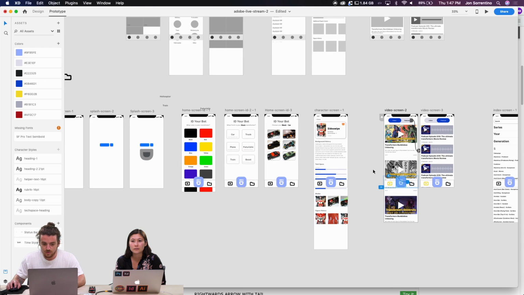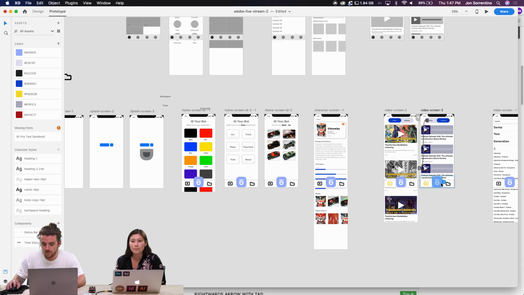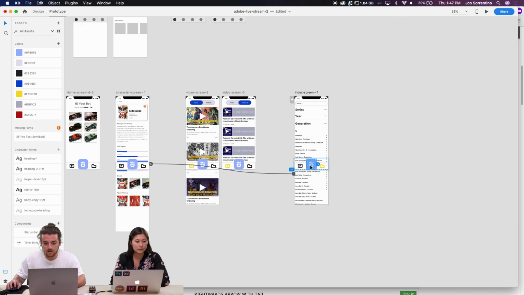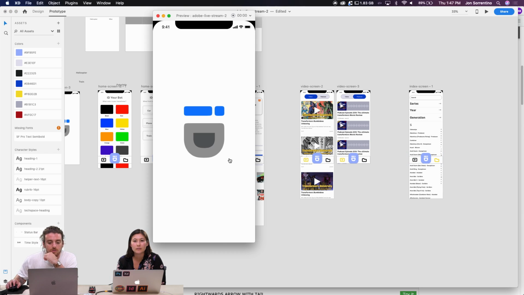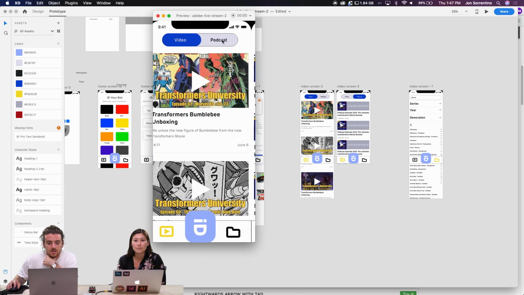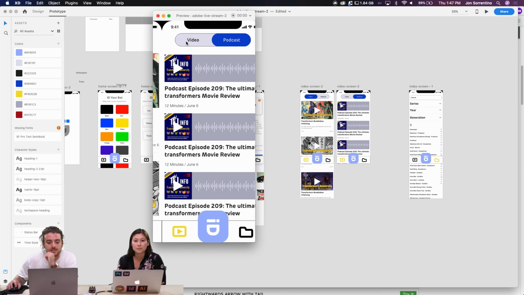our home screen. Slide right, I think. That sounds about right. And then this will also go back to our slide right. Cool. So our splash, we have our choose our bot colors, back to our media, so we can tab through video and podcast.